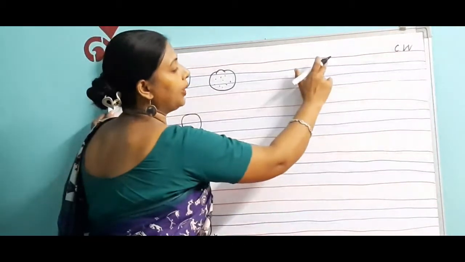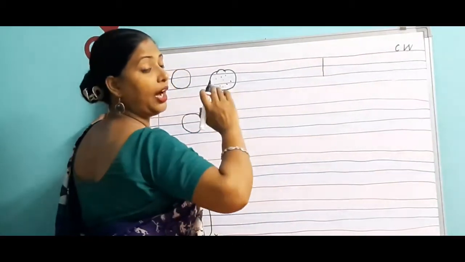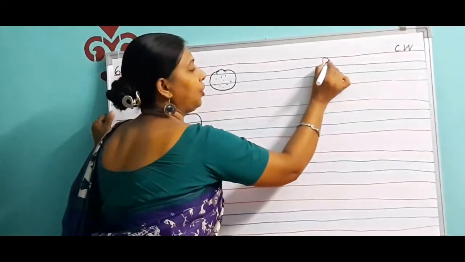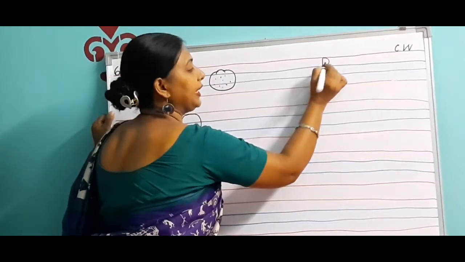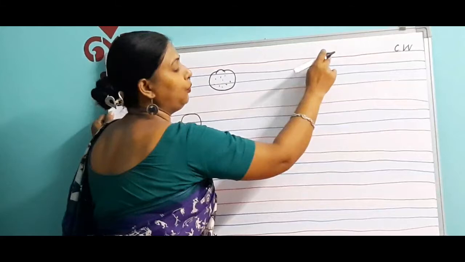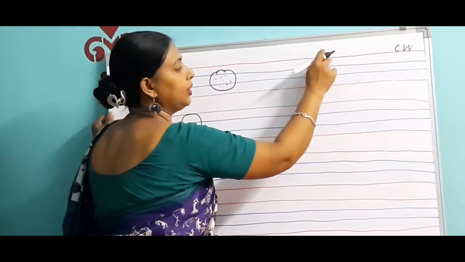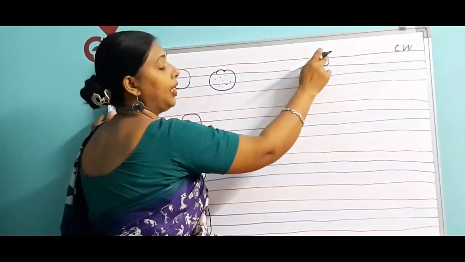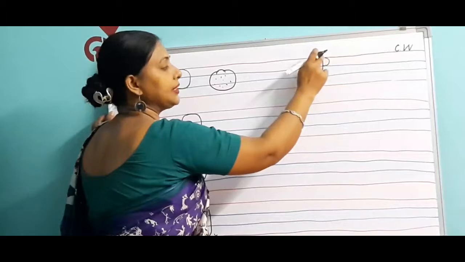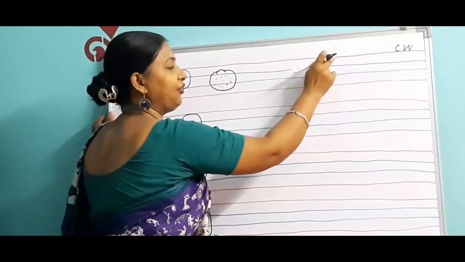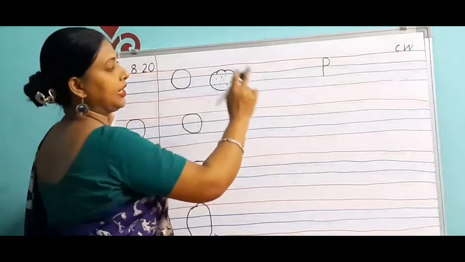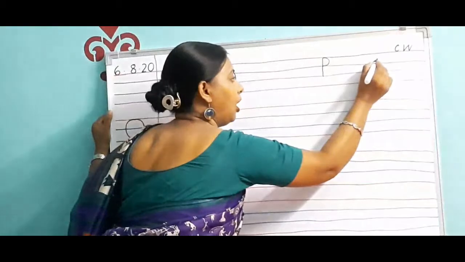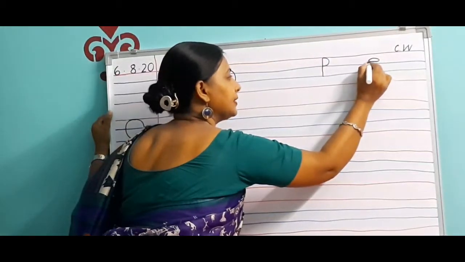And then from the first line till the second line, you will draw the other way round semicircle, like this. In D also you make it like this, but in D you bring this semicircle from the first line till the third line. But here you will make this semicircle within 2 lines, within the red and blue line. Now it has become P for parrot, P for postman, and here we will draw a pot. This is a pot.